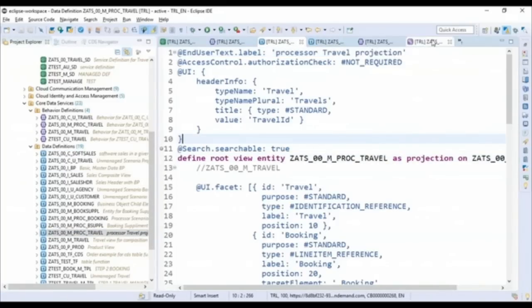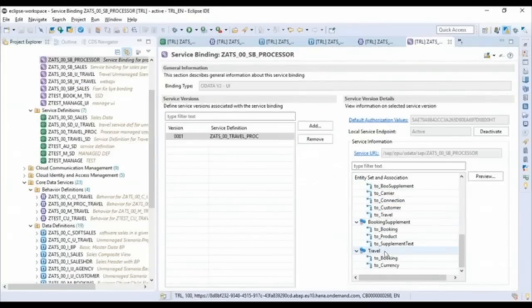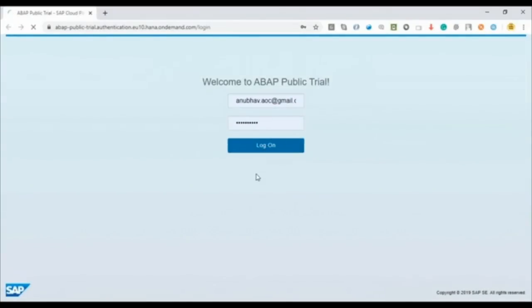Let's do a Fiori app preview then. So I can go back here, right click on travel, say open Fiori app preview. It launches my ABAP on cloud system, and hopefully today we will be able to see a Fiori app preview in there, and we will be able to create new travel requests. We will be able to view existing travel requests, and we will be able to search them,